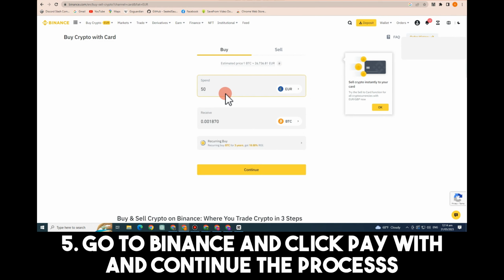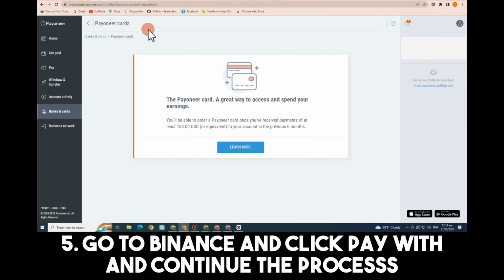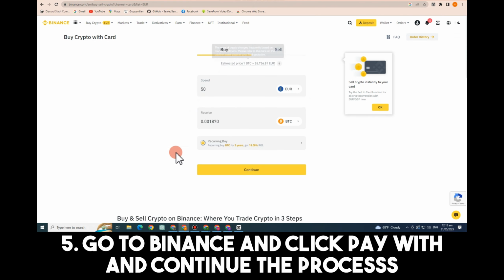So that's it, because you cannot see an option or any feature in Payoneer that says send to Binance. So you have to go through this process in order for you to send or transfer money from Payoneer to